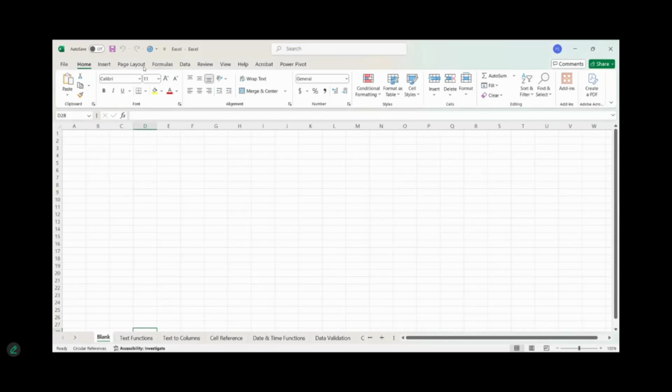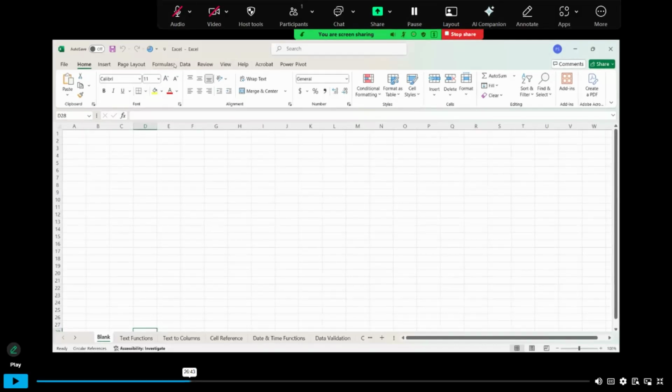So here you can see this is the quick access toolbar at the very top where you have save button, undo, redo. This is for charts and this is Excel. So this is the quick access toolbar. Now below the quick access toolbar, you are having different menu options like file is there, home is